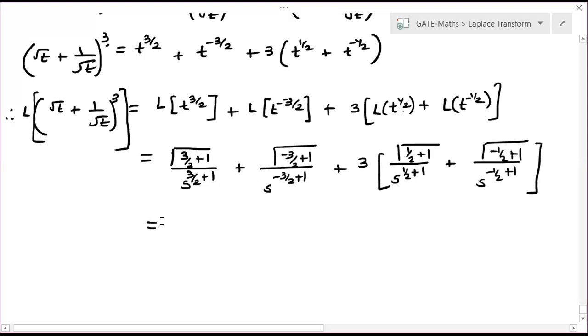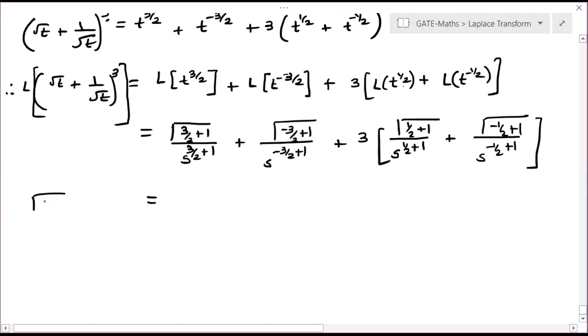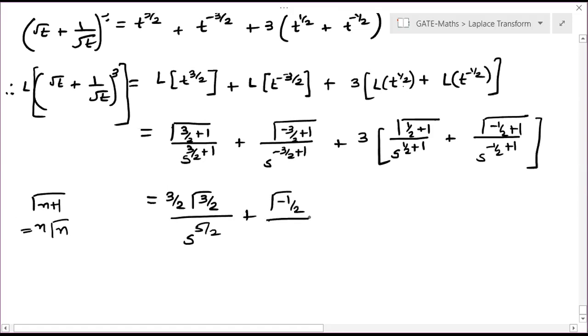Now gamma n plus 1, right? We have seen this formula already. That gamma n plus 1 can be written as n gamma n. So same thing we will apply over here. Here, gamma 3 by 2 plus 1, that is 3 by 2 gamma 3 by 2, divided by s to the power 3 by 2 plus 1, that is 5 by 2, or not, plus gamma 1 minus 3 by 2, that is minus half, or not, gamma minus half, divided by s to the power 1 minus 3 by 2, that is minus half, plus 3 times